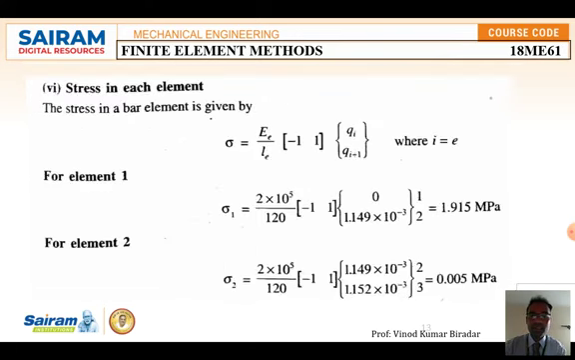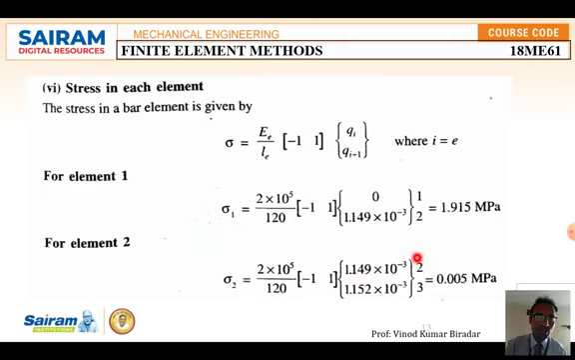Coming to the stress in each element, we have the formula: stress is equal to Young's modulus by L_e times [-1 1] times [u1 u2]. For the first element, substitute the values of Young's modulus and length, so [-1 1] and the displacement belongs to element 1, that is 1 and 2. Why is it 1 and 2? Because element 1 consists of only nodes 1 and 2, so take the 1 and 2 values, substitute, and you are going to get the stress for the first element equal to 1.915, okay. Coming to the second element, stress 2 is equal to 2 into, again substitute the values,